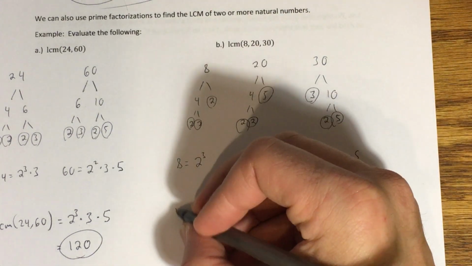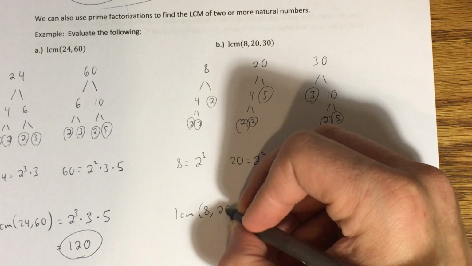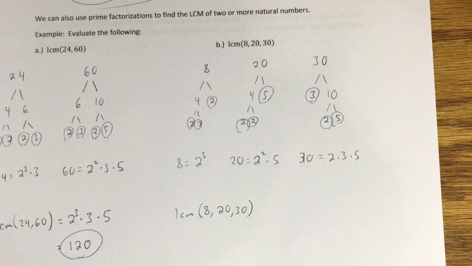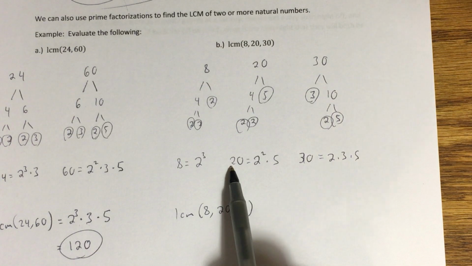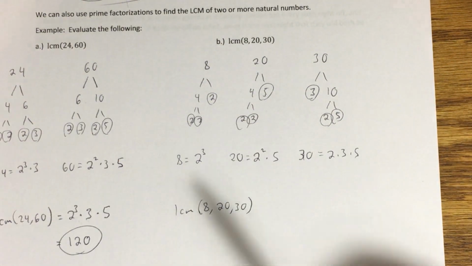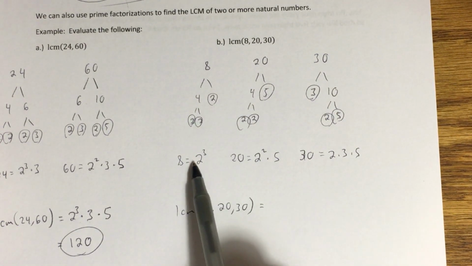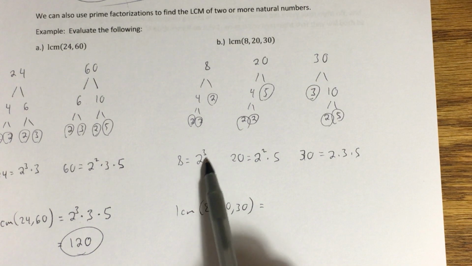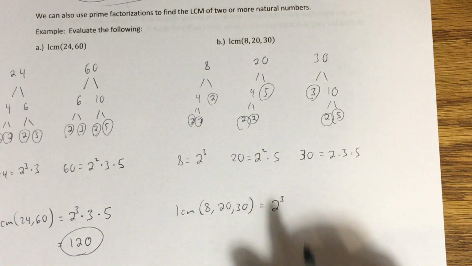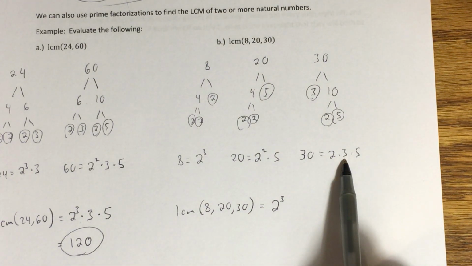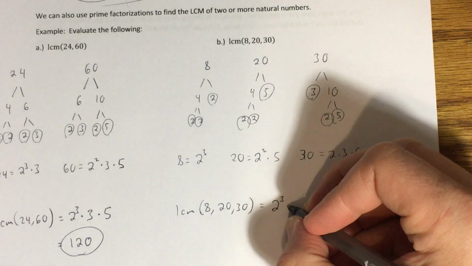Same idea as before. So if I want to build my LCM out of these prime numbers, for 8, 20, and 30, I notice that a 2 shows up in at least one of my prime factorizations. It turns out to show up everywhere, but it really just needs to show up somewhere in order to know that I need to use it. The most 2's show up in this prime factorization, 2 cubed. That means there's 3 2's showing up, and I go with the largest exponent, 2 cubed. I also notice that there's a factor of 3 showing up somewhere, and even though it only shows up in this prime factorization, I have to use it, so that gives me a times